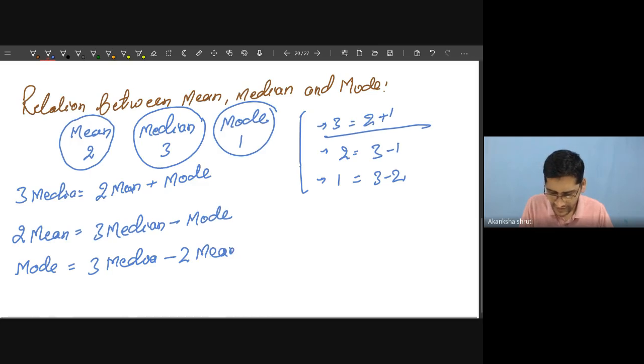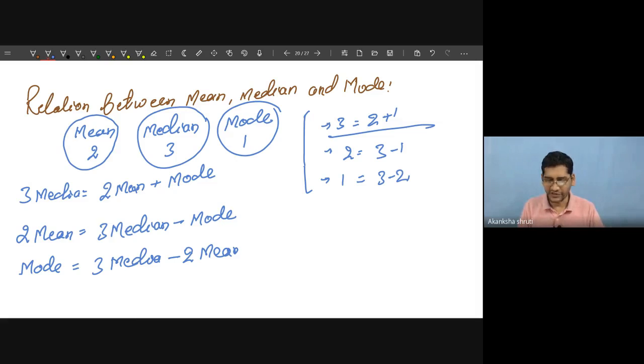You might be observing all these three are the same relation. Okay, students, so this is the empirical relation that we need to keep in mind. Just by calculating one, the other can be calculated. So the question is even framed in MCQs like this: if